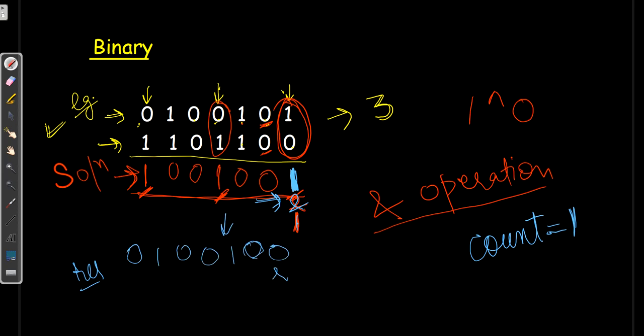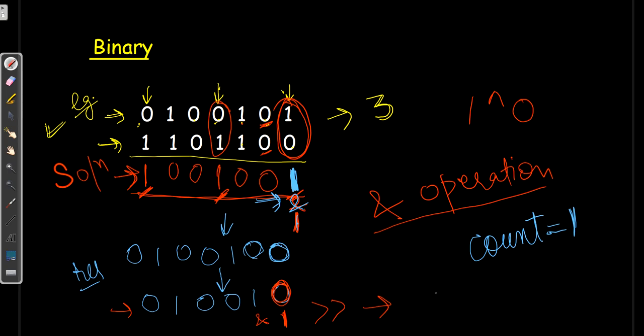Now I will apply AND 1 with 0. 1 and 0 will give 0 only, so it will be unaffected. Now I will right shift it again and perform AND 1 with this. So this time, 0 with AND 1 will give 0 only. So we will ignore this and right shift again.